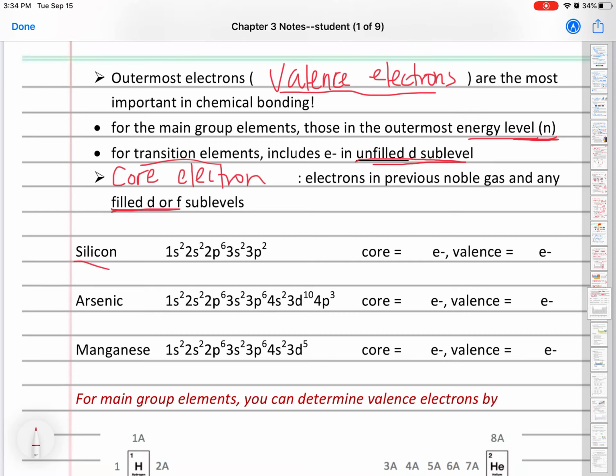And the groups or columns, there's 2 different naming systems. So the old one is the A and B. So where the main group elements are 1 through 8A, and then the transition elements are 1 through 10B. I like that naming system because that's what I learned and grew up with, so that's what I stick with. But that's actually the old school way. The new way is to just number them straight 1 through 18. And I think different textbooks will stress different ones too. A lot of times they'll name both. They'll call column 1A 1 or 1,